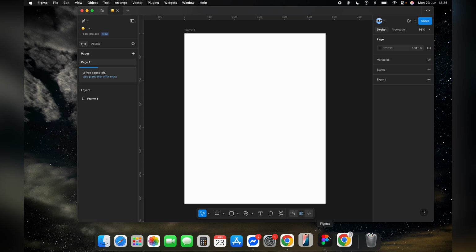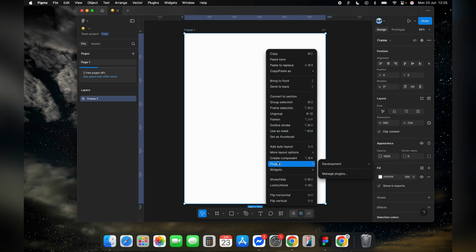In Figma, click on the resources icon, go to the plugins tab, search for Lottie files and click install to add it to your plugins list. Now right click anywhere on your canvas and go to plugins. Then select Lottie files. You can browse pre-made animations from the Lottie files library or click upload to add your own